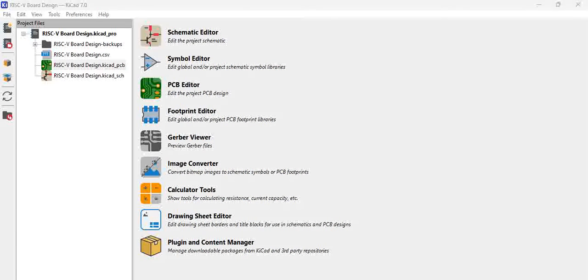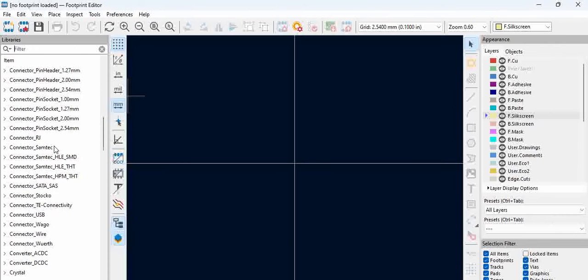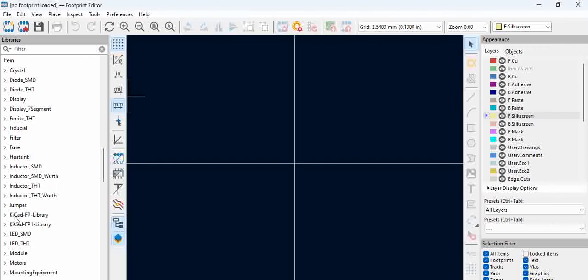Hello all, in this video we will see how to delete a particular library from the list of libraries in KiCad. Like for example, we are opening a footprint editor here. In this footprint editor, when we go down, there are two project specific libraries that are there. The bottom one has TSSOP20, which we have shown in the previous video, and then if you see,